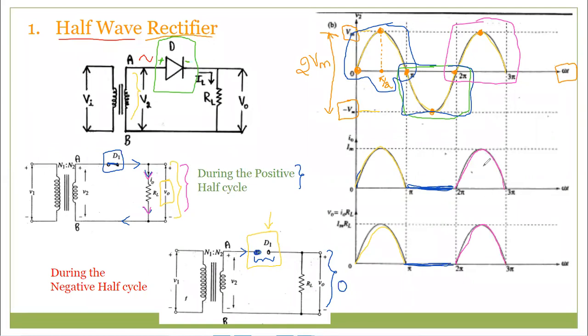Now what we observed in this circuit is that the diode conducts only during the positive half cycle of the power supply. The diode will not conduct during the negative half cycle of the power supply. So here half of the input is being converted. That is the reason it is called